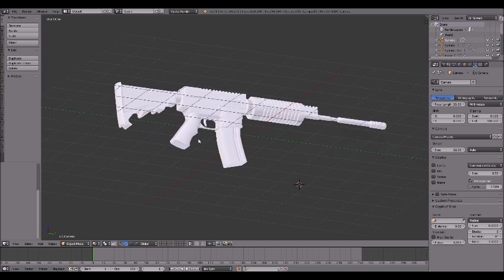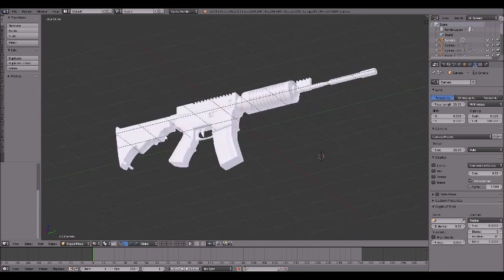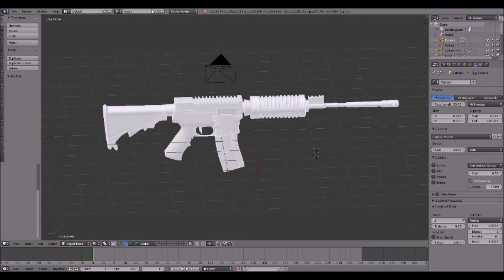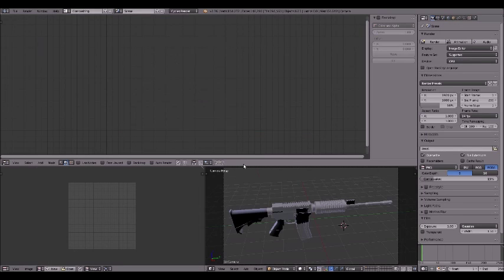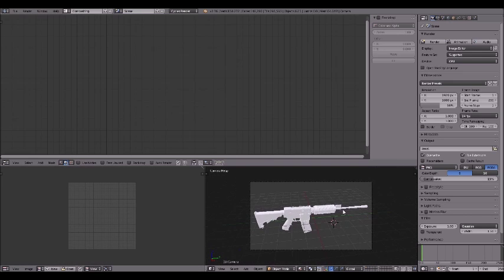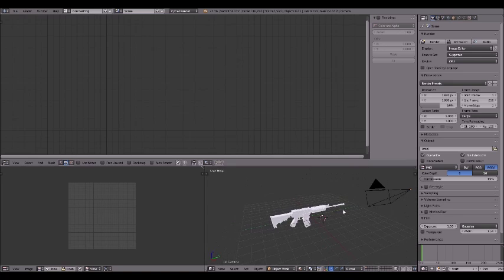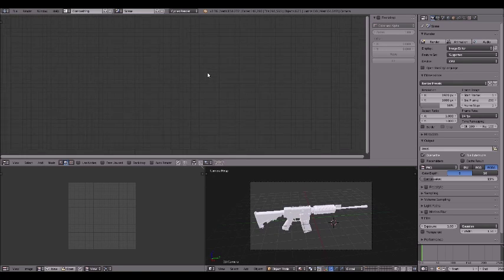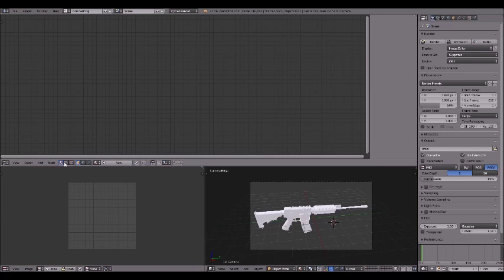So I'm going to start off with the basics. Instead of being in default, which is what we are, we want to go into compositing. Now this will bring us into this screen. We also want to make this into material, and we'll have an image viewer. We'll have the camera, the view from the camera's point of view, and we'll have the nodes. And what we want to do is go into here, at the moment it's on the scene. We want to click